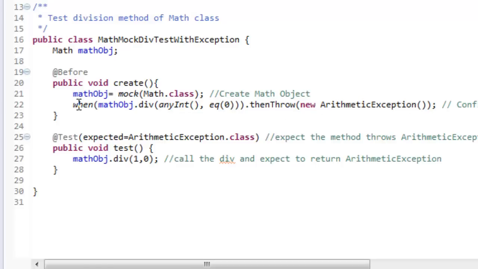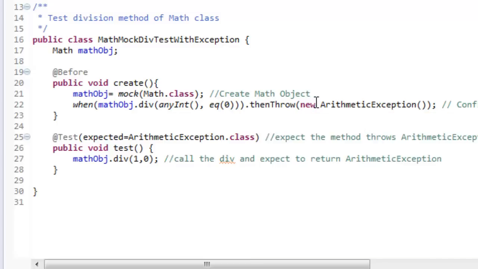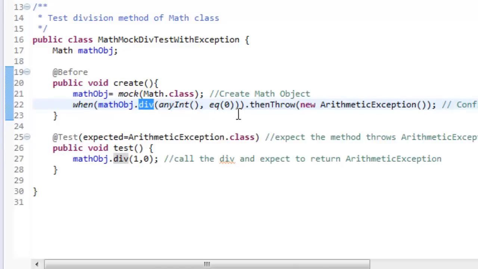Here you can define not only the return type of your object, but if your object throws any exceptions, you can use the thenThrow method to define an exception that your object is going to throw. So a simple use case is here: when a division takes the numerator as any input and the denominator is 0, then we are going to throw an exception.